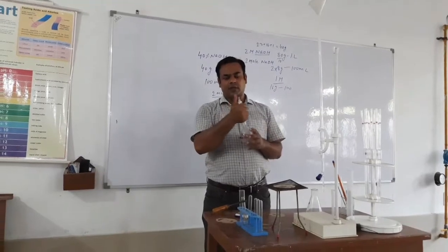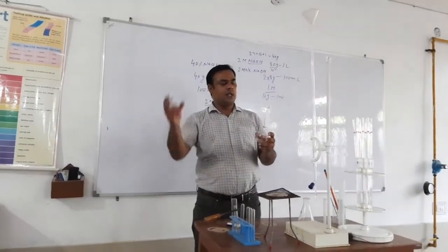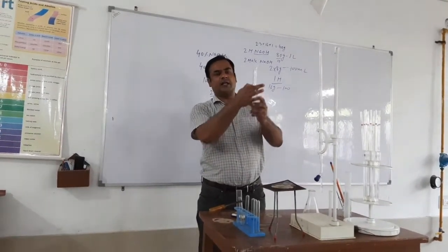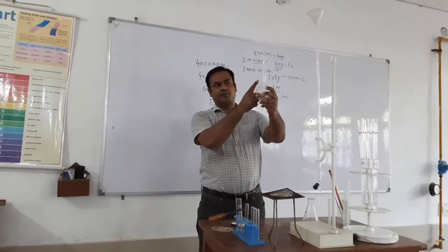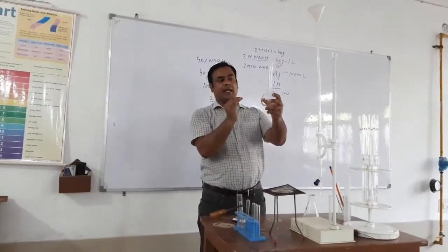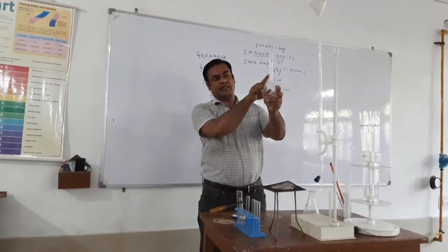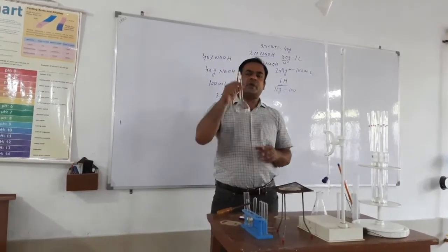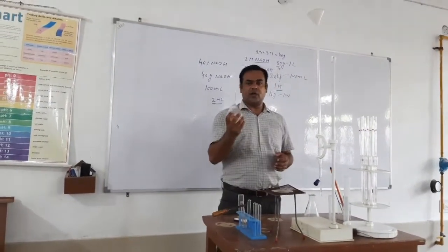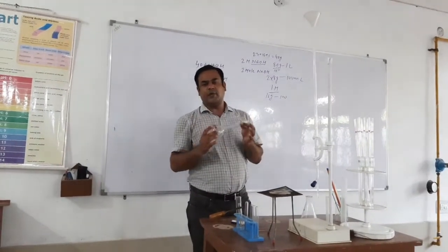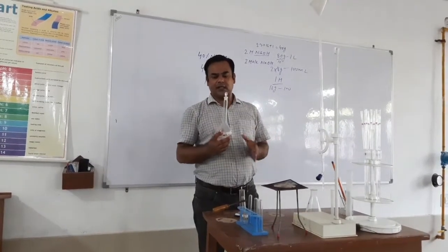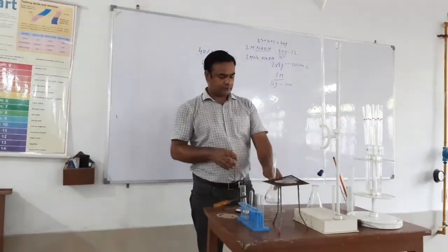When we shake it, the salt will dissolve inside. Once the salt is dissolved, with the help of a wash bottle, we pour water inside the standard measuring flask up to this circle, keeping it parallel to our eyes. When the upper part of the meniscus, if it is colored, or the lower part of the meniscus, in case of colorless, touches this circle, then we have prepared exactly 250 ml solution. So basically, this one is known as a standard measuring flask. With the help of this flask, we can prepare a solution of any strength up to 250 ml.